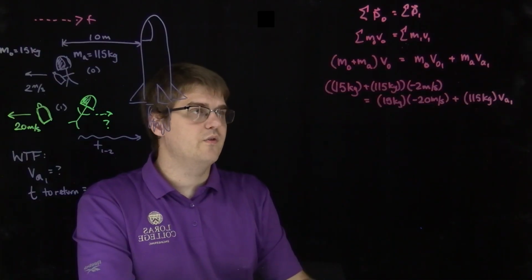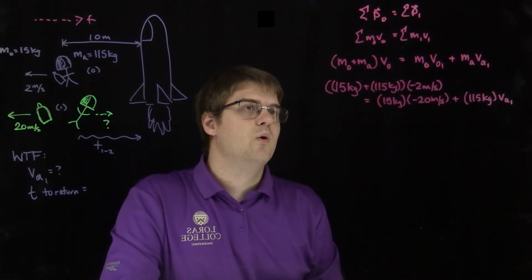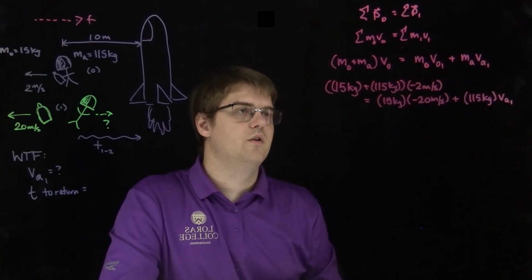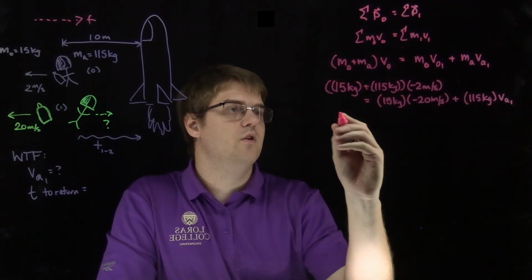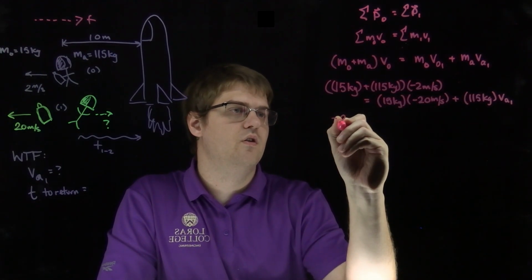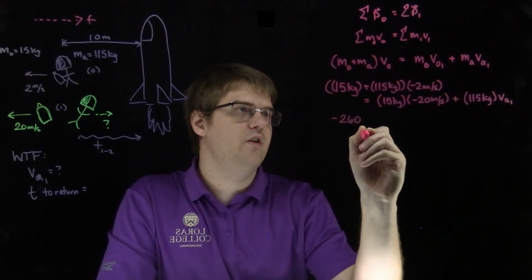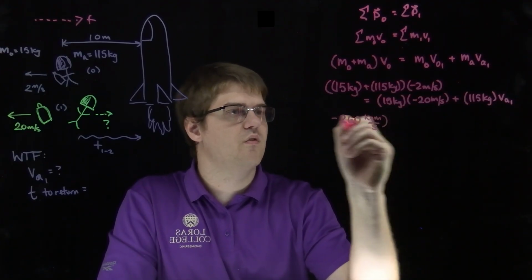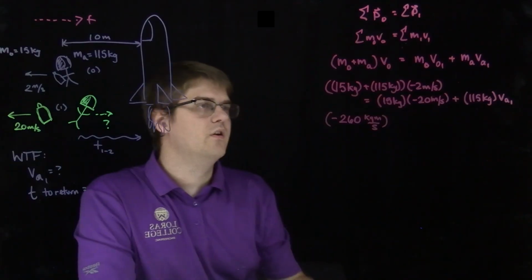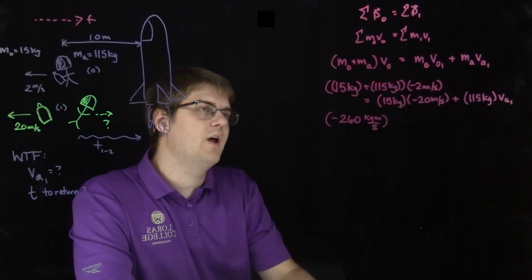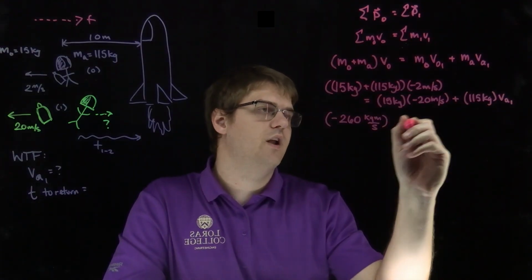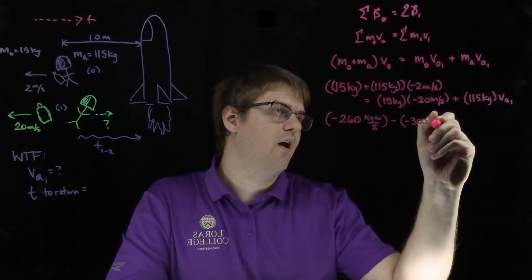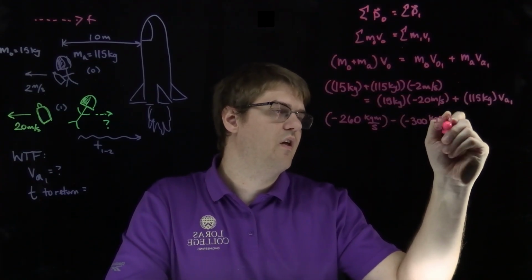Plugging all of that in. So we've got negative 2 times 130. So that should give me negative 260 kilogram meter per second. And then I've got 20 times 15. 2 times 15 is 30, so that is 300. And I'm going to subtract it to the other side, so minus a negative 300 kilogram meter per second